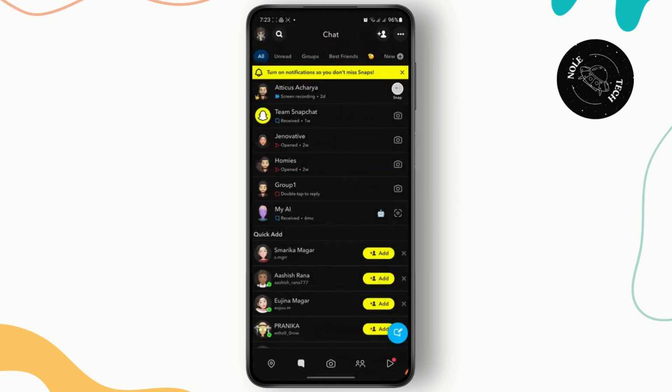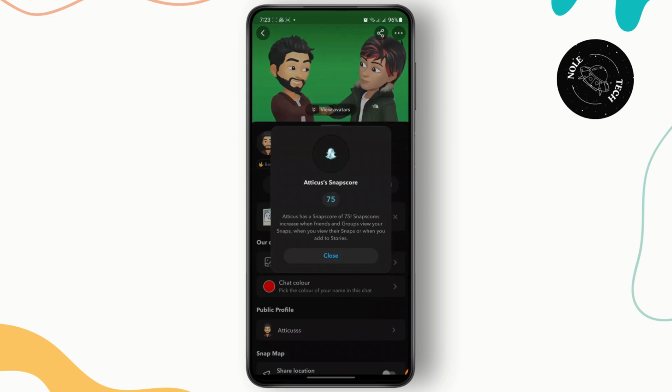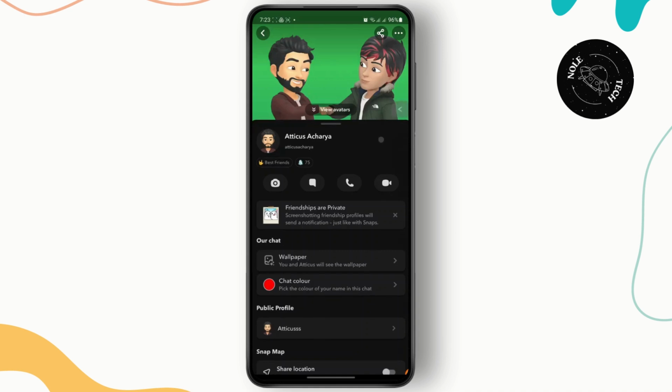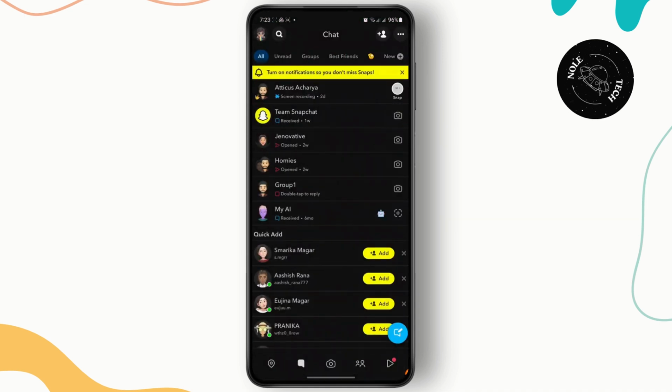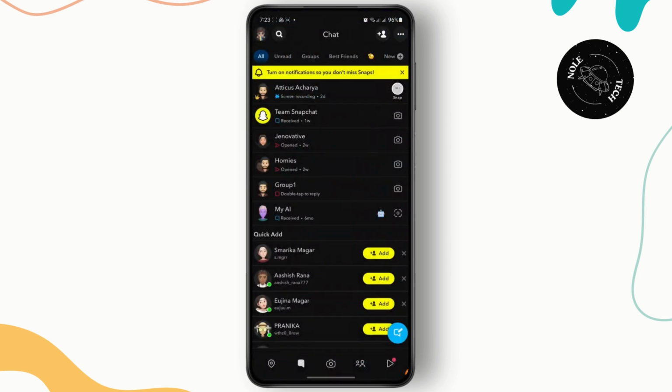So I'm just going to show you right here. I have this person right here, and if you are able to see their snap score right here, then that means they have not blocked you or removed you. And if you are not able to see their snap score, then that means they have removed you as your